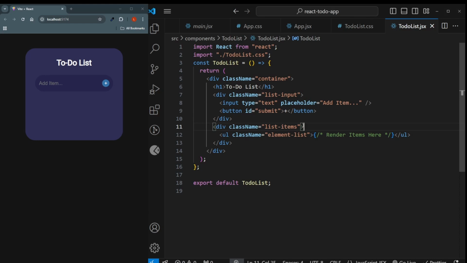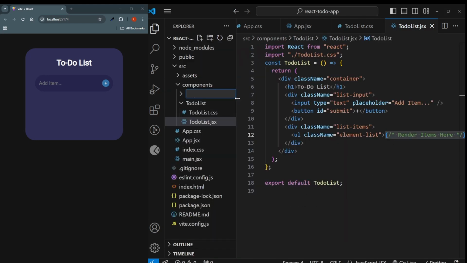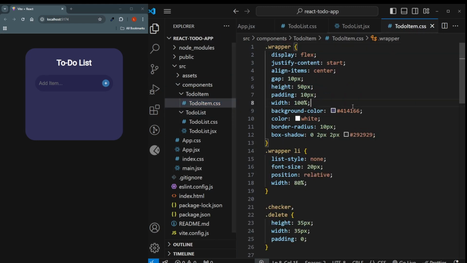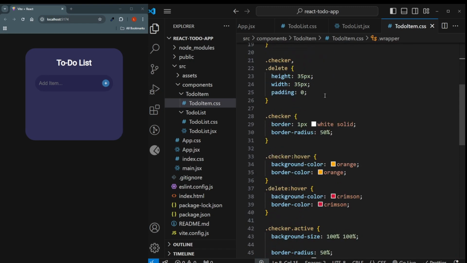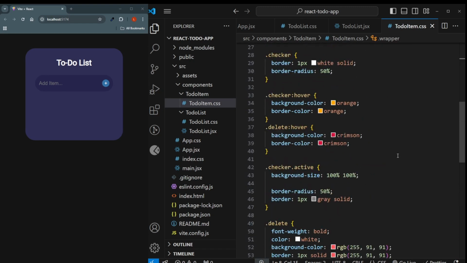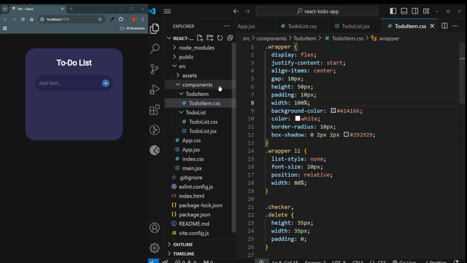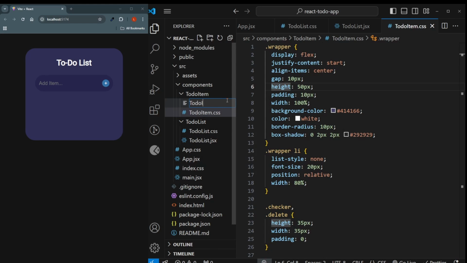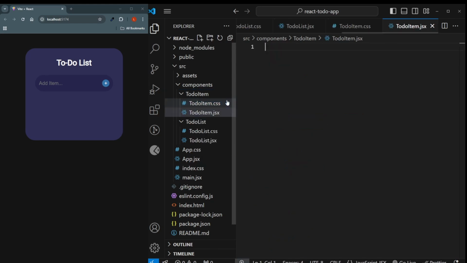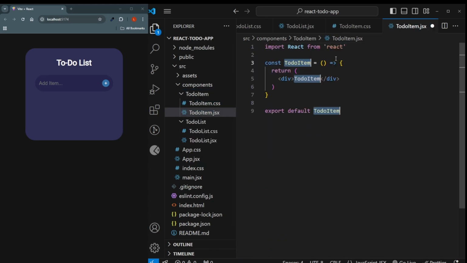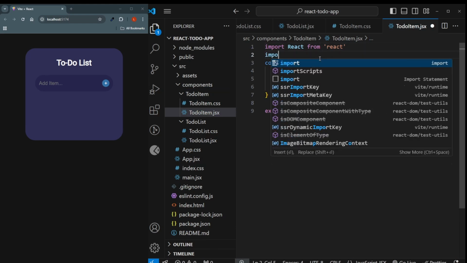But before we put any functionality into this, let's create the skeleton further. So I'd like to create the to-do item, which will be rendered over here in the UL. Inside the components folder, I'll create a new folder called TodoItem. Inside that, we'll create our TodoItem.css, which again is just some basic CSS. You can have a look at it in the source code. And I will also be creating the TodoItem.jsx here. Call rafce and import